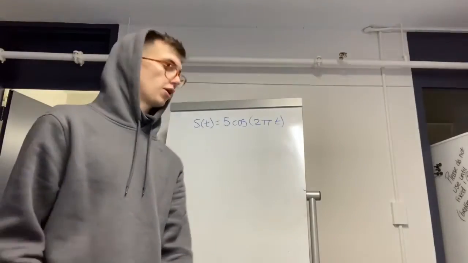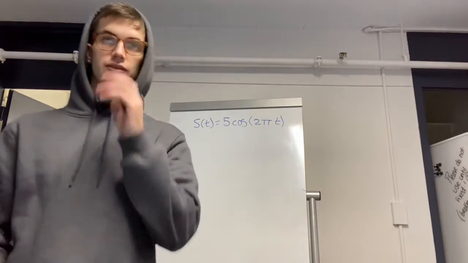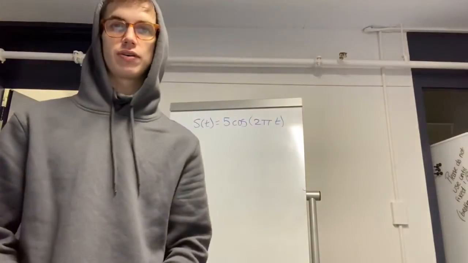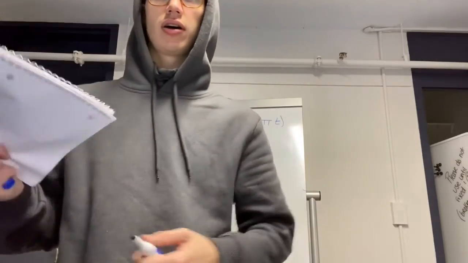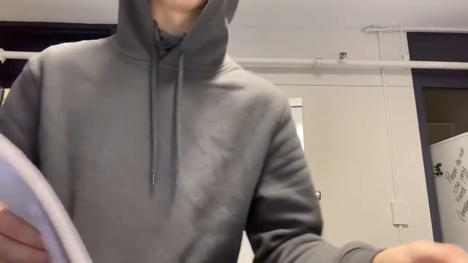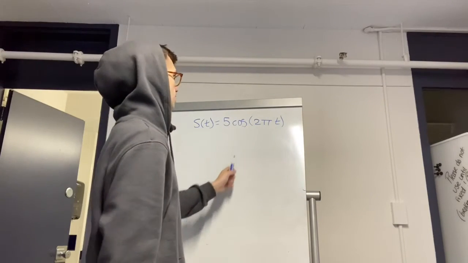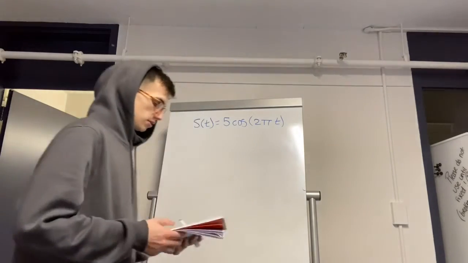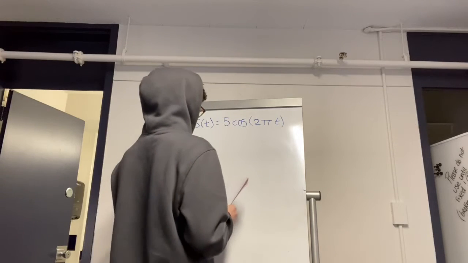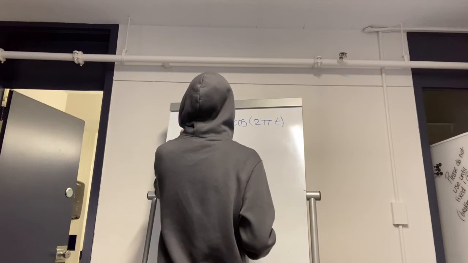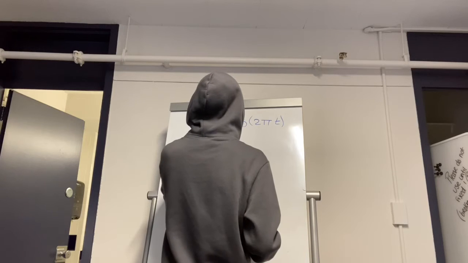For problem 2, part A is asking to find the velocity as a function of t. For this, we will need to find the derivative of the function that was given, which is s of t equals 5 cosine 2 pi t. To find the derivative of this, we will do s prime of t